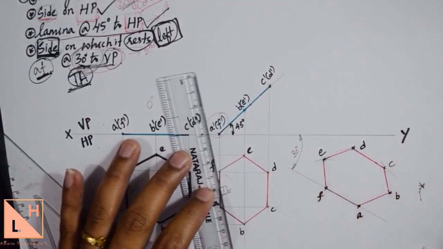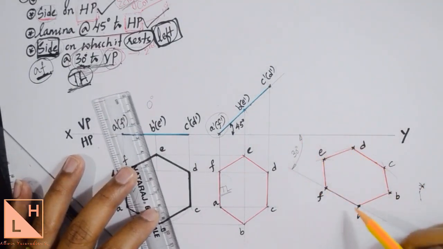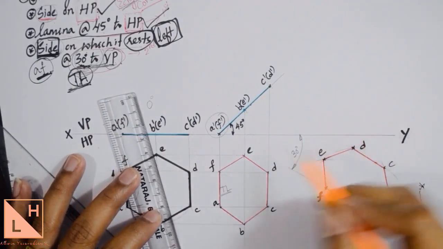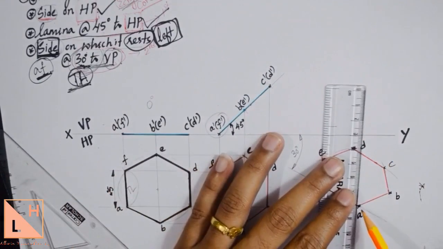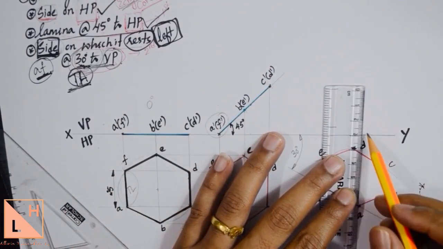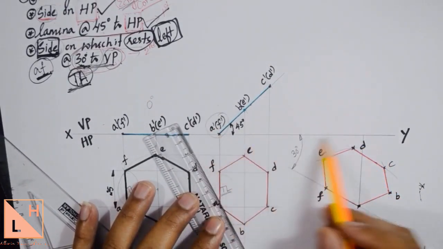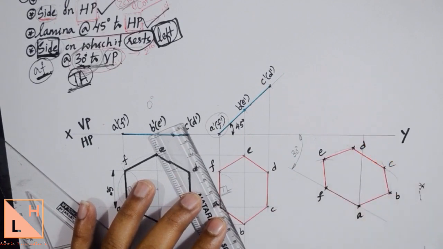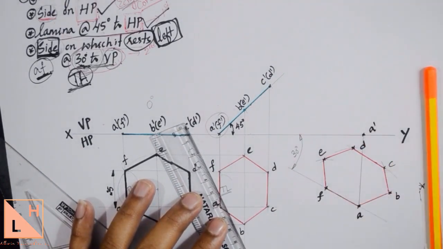Now that we have got the top view completed in the third position, to get the final position, you just need to connect the points one by one by drawing the vertical and horizontal projection lines. If I draw a vertical projection line from A, draw it till where you have A dash. So A dash I have here, so connect it till there. So this intersection point will be the new point of A dash.